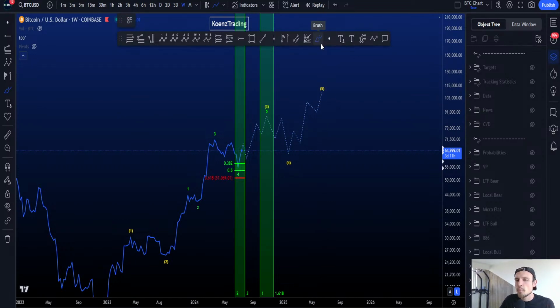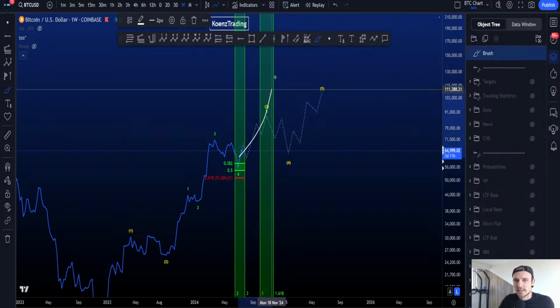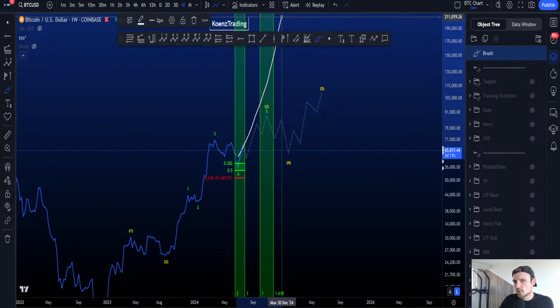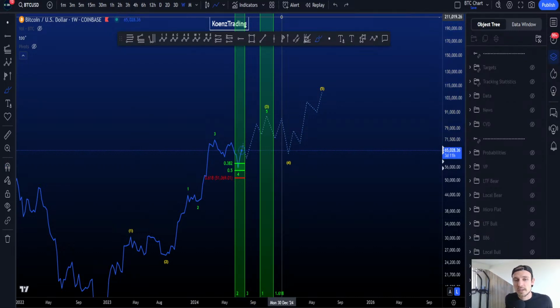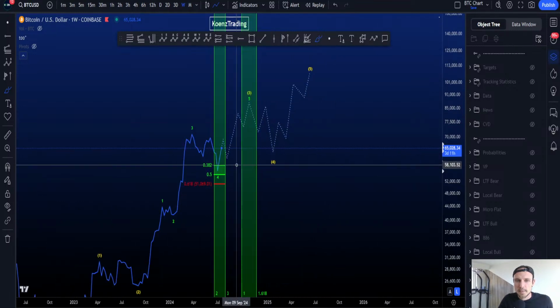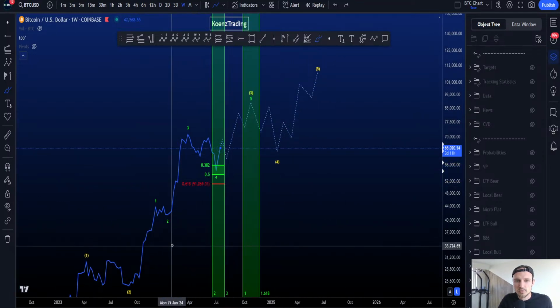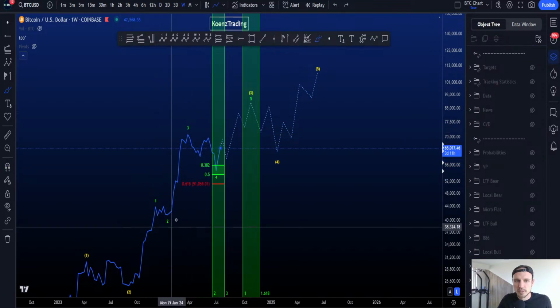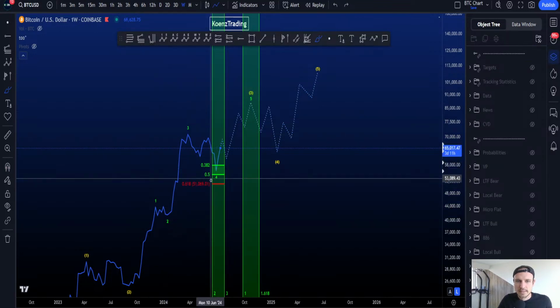Now this does open the door for an extended fifth wave, which means wave 5 is going to be the longest, strongest, and most impulsive wave. However, it never gets the highest probabilities, as an extended wave 5 is not common, right? Now on the chart, what you see is the wave 4 target area, 0.382, taken from the low to the high of wave 3, has been hit,